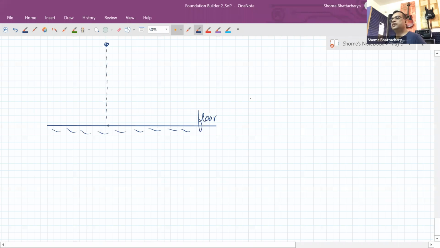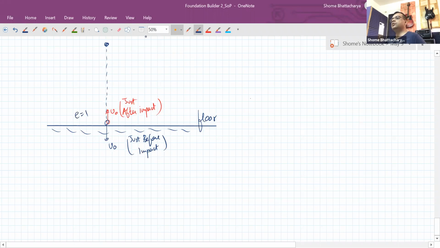So if it impacts with the velocity v0, then immediately after impact, just after impact, and just before impact,